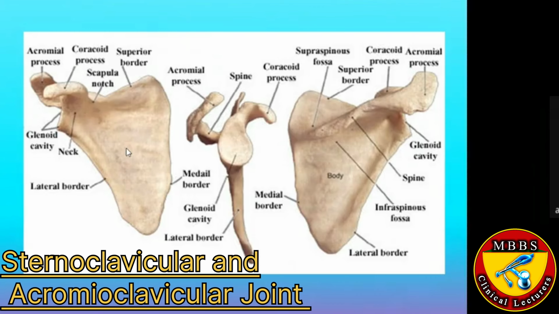The scapula comprises different processes, of which we take three. One, we call the coracoid process. The other, we call the spinous process. And the spinous process elaborates into a quadrangular shape, which we call the acromion process of the scapula. Now, this acromion process articulates with the lateral end of the clavicle, forming another joint, which is called the acromioclavicular joint.